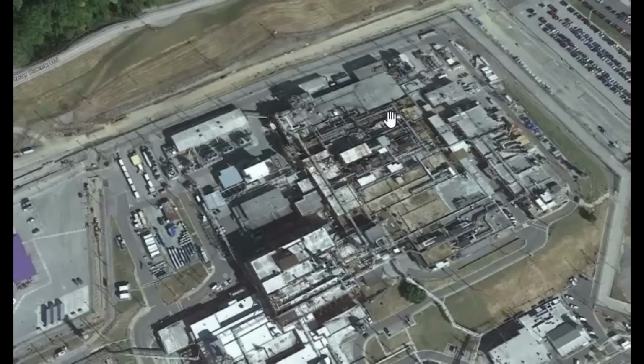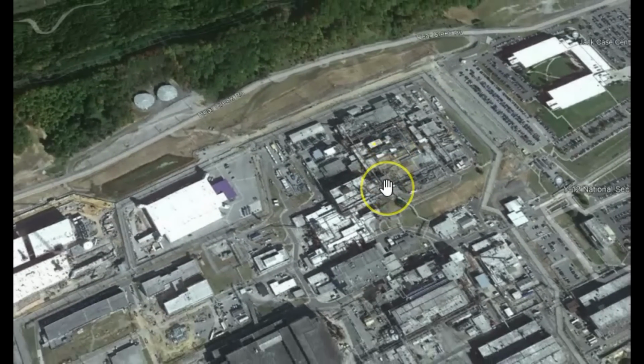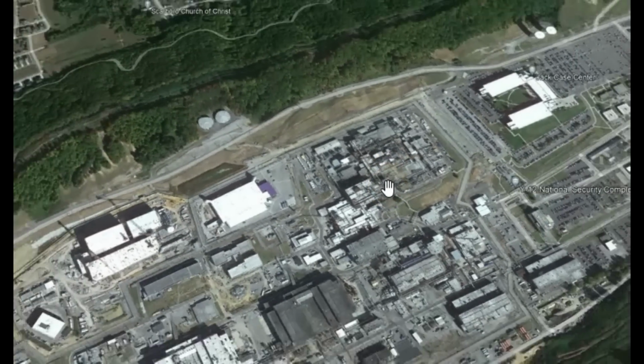Did the fire suppression pipes, were they frozen again? I don't know. I know it's been cold there. Not as cold as where I am at, but